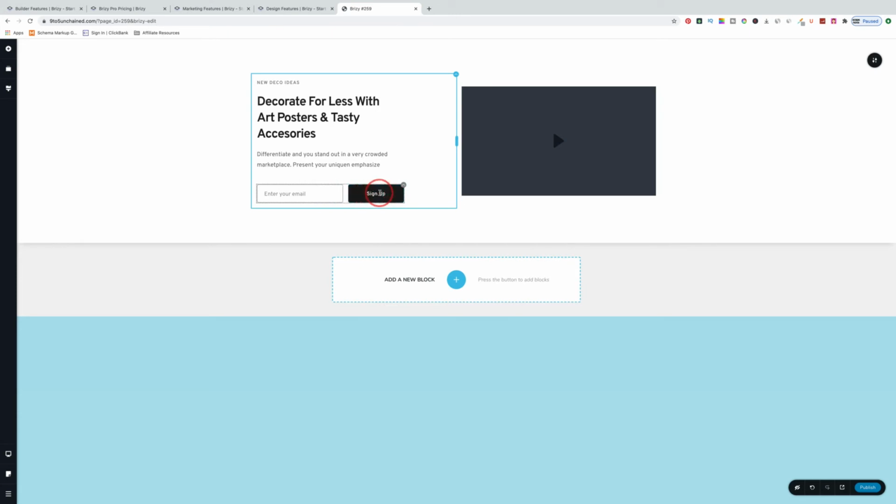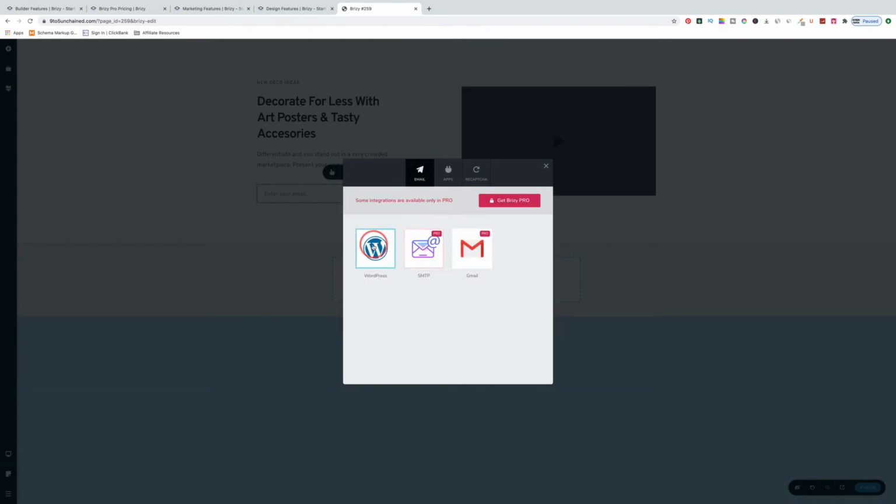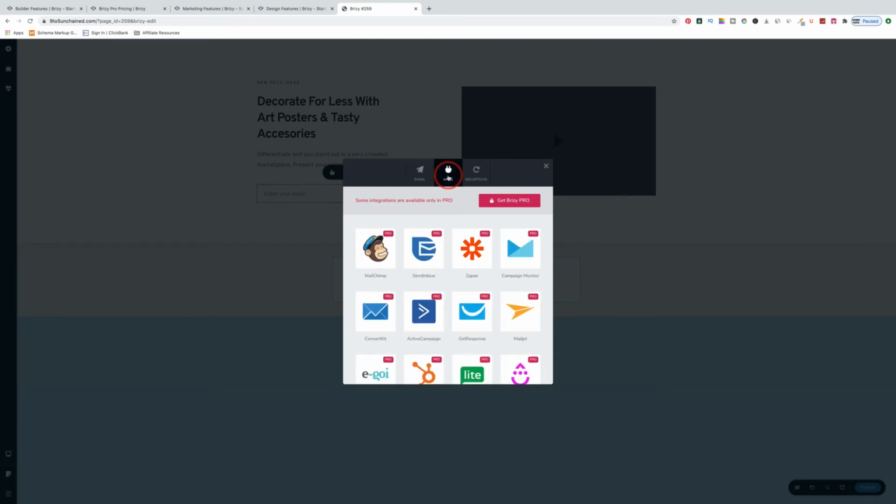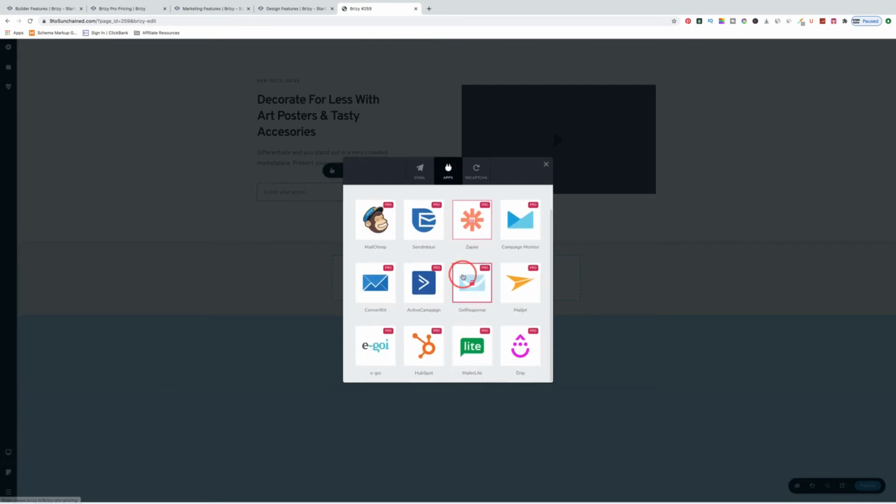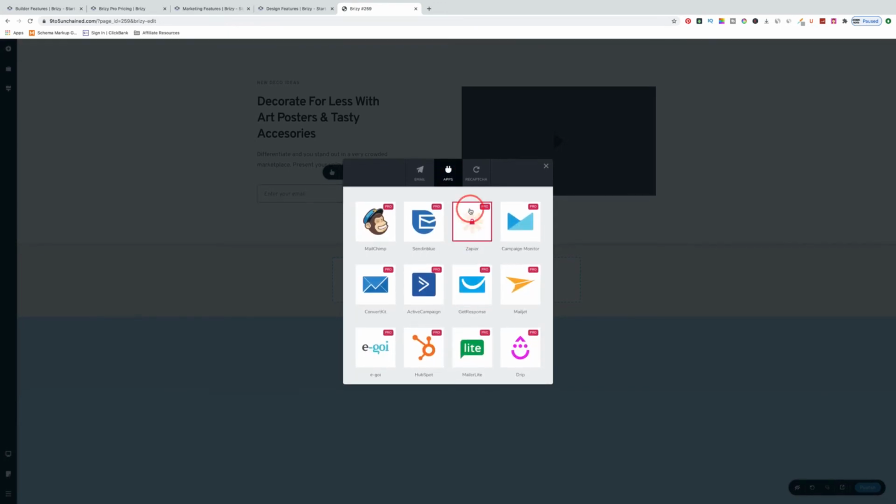You have a sign up here if you were creating or collecting emails. If you were to go to this little PowerPoint looking icon, you can see that you have currently nothing available because you need a pro license. However, you have all these apps available to integrate. And the other thing I really, really like about